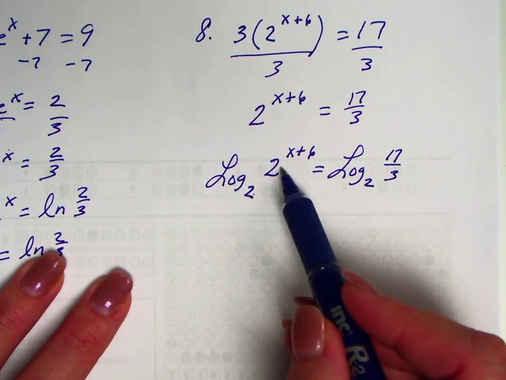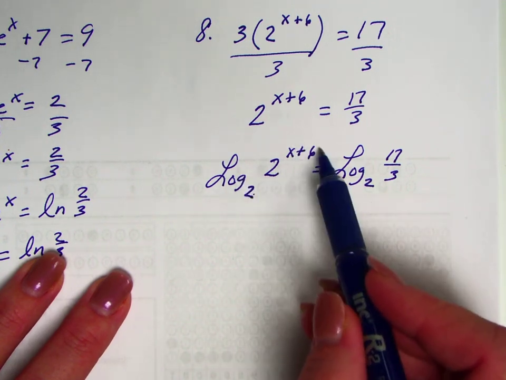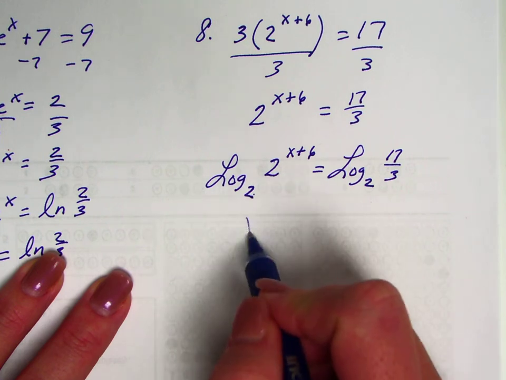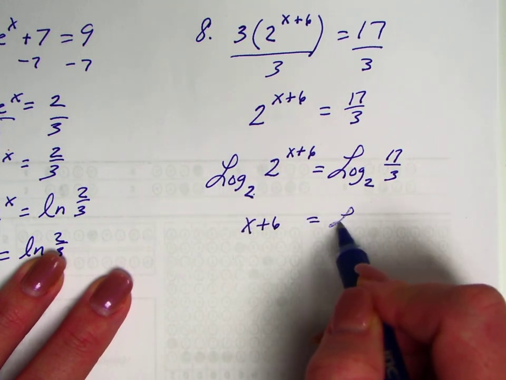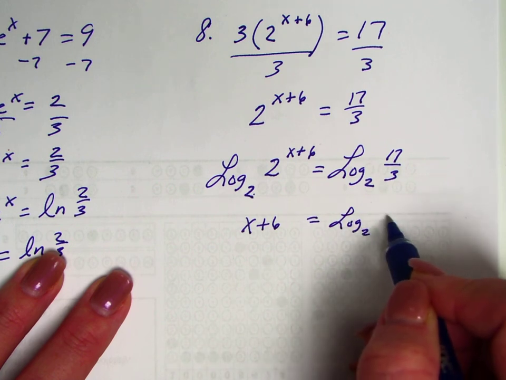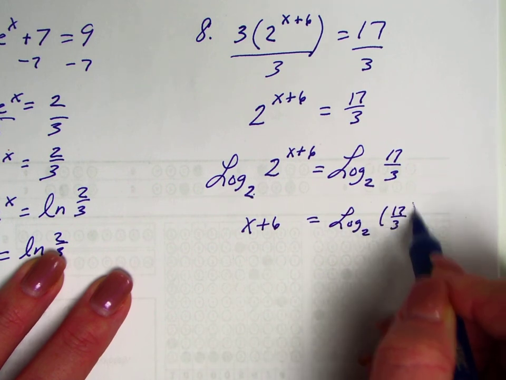So the log of base 2 of 2 is 1. We use the power rule to bring this exponent to the front. So we have x plus 6 times 1 is x plus 6. And that's going to equal the log of base 2 of 17/3. And then